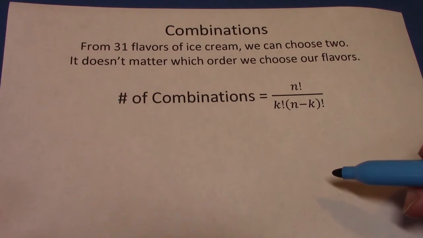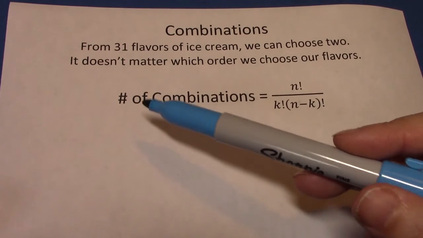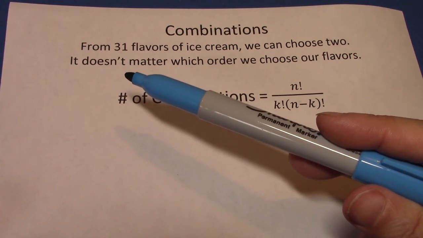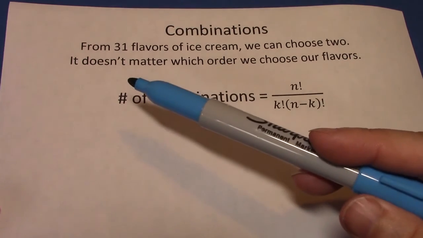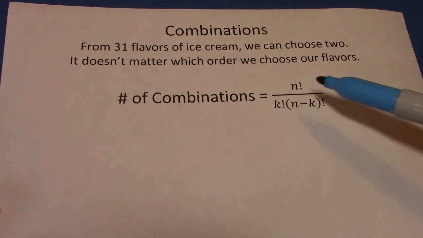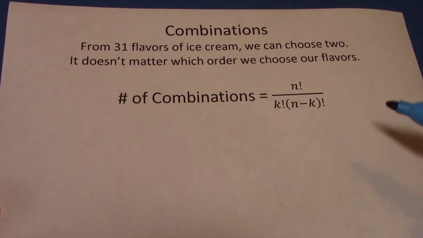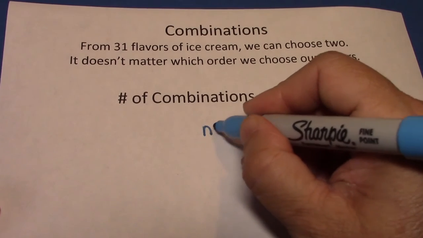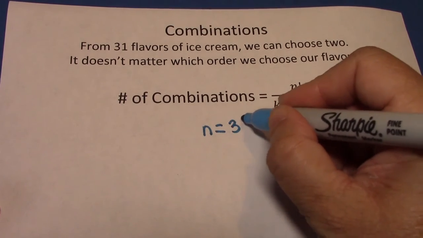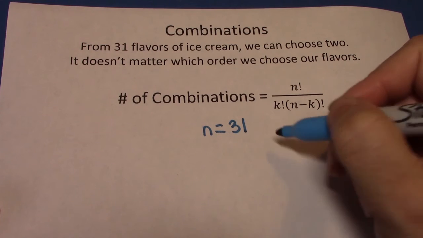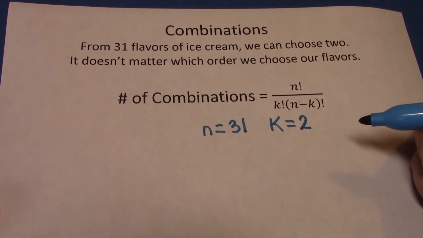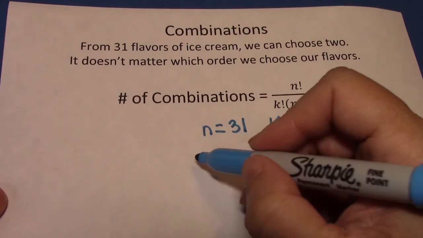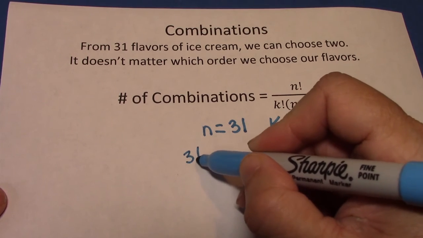Now that we've talked about factorial, the combination formula won't look quite so difficult. So here's our example. We're at an ice cream shop, and they have 31 flavors of ice cream, and we get to choose 2. It doesn't matter to us which order we choose them in, as long as we get the 2 flavors that we want. So n is the number that we get to choose from, that's the 31 flavors of ice cream. And k is the number that we're going to choose, that's 2. We're going to choose 2 scoops of ice cream. So n factorial is 31 factorial,